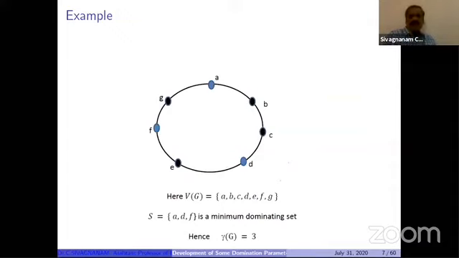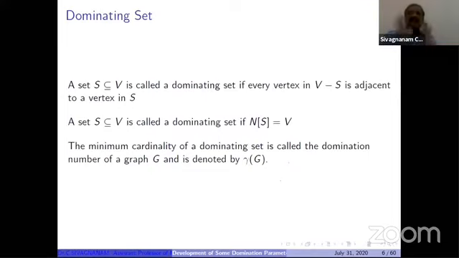Okay, now we have to think about this graph. It is a cycle on 7 vertices, C7. So what is the dominating set here? A lot of dominating sets we can find out. Before that, I missed one idea. A lot of dominating sets we can find out now. Among the dominating sets, we can identify which dominating set has minimum cardinality.